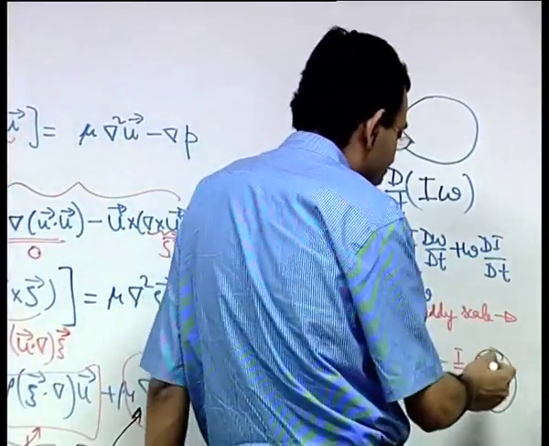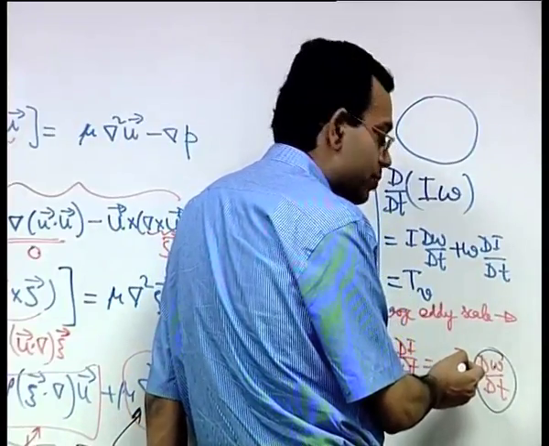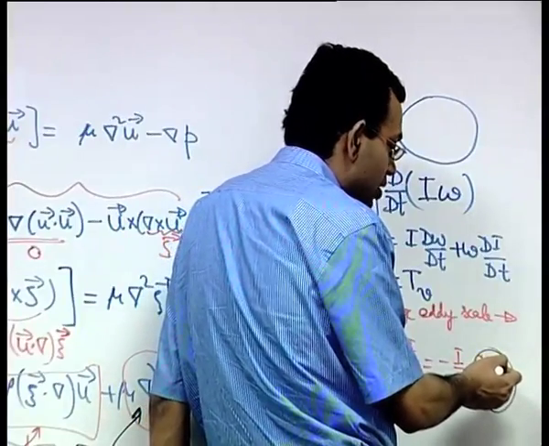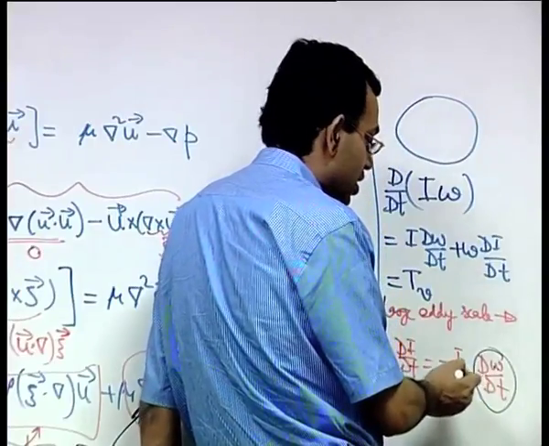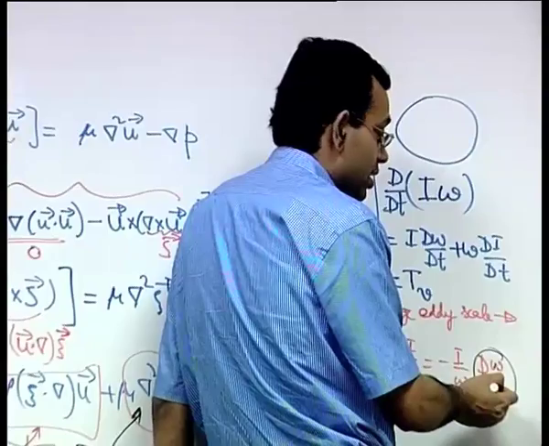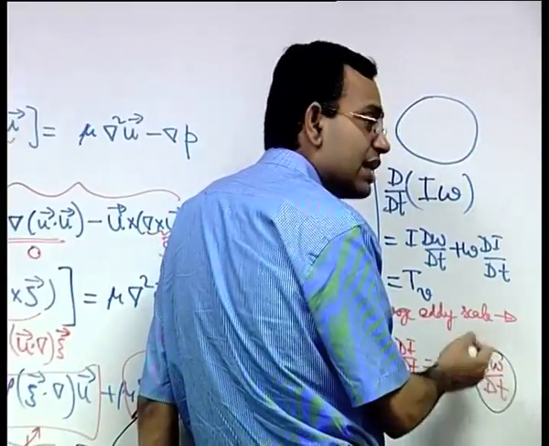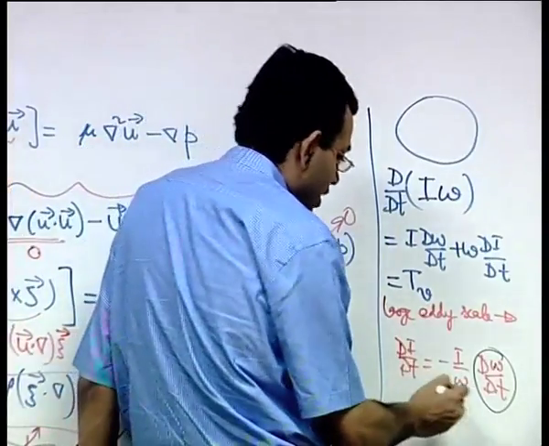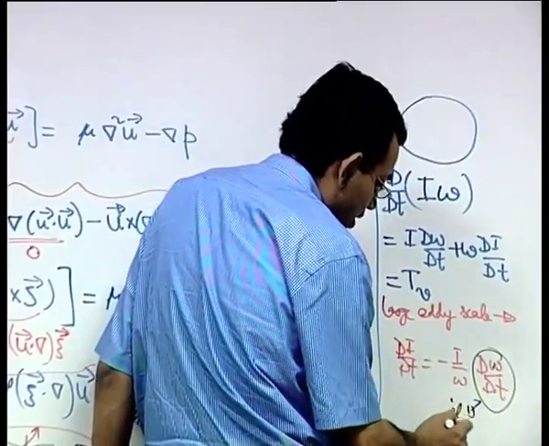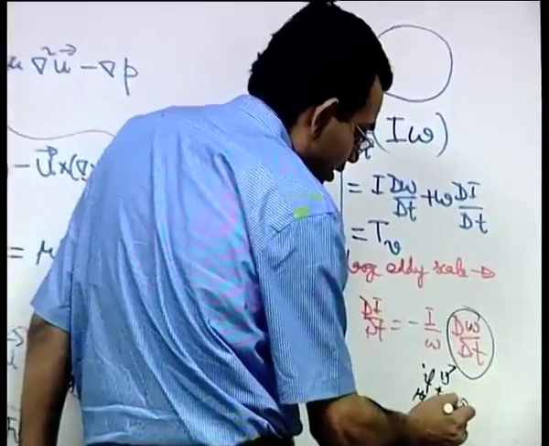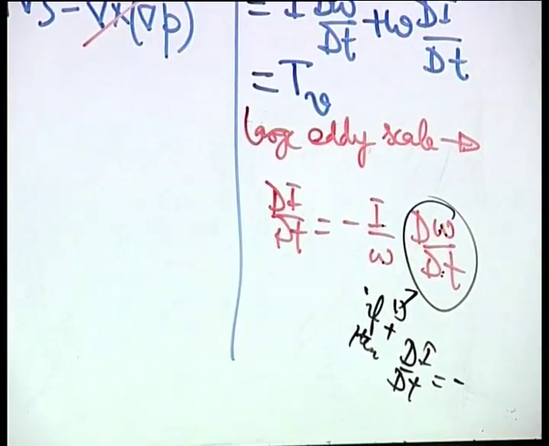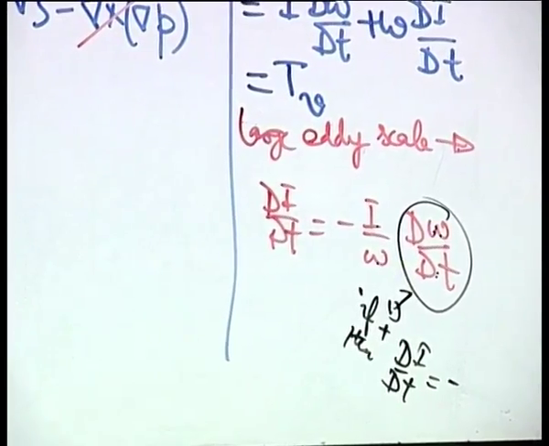So with time, if that is increasing, now I is moment of inertia which is positive, and omega, remember here we are writing it in the same sense. So whatever is the omega sense here, the same omega sense is here, so that if d omega dt is positive, then this right hand side will be negative. So that means if this is positive, then di dt is negative. So di dt is negative means what? The vortex element now will have a reduced moment of inertia. How can it do so?